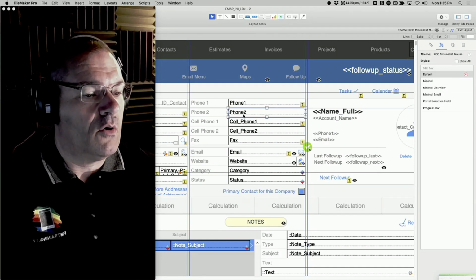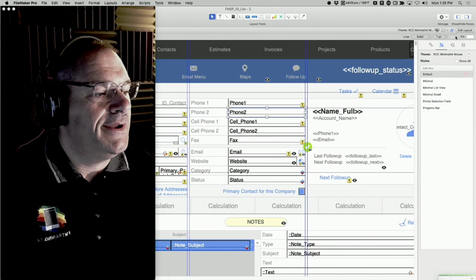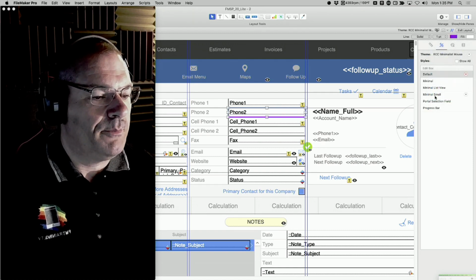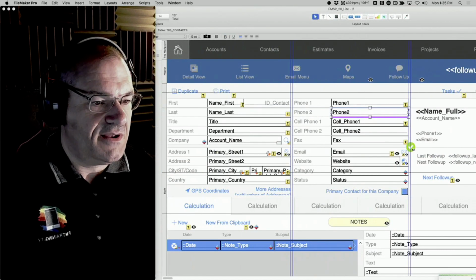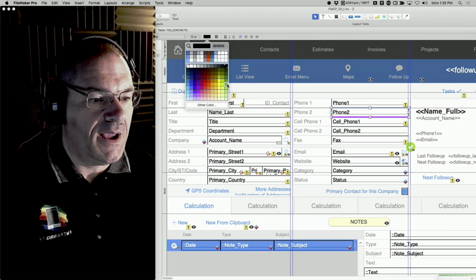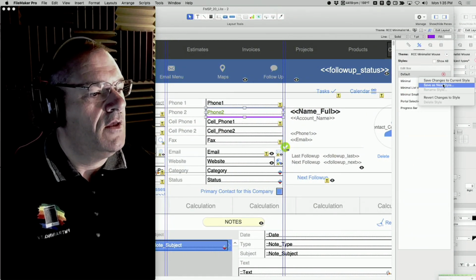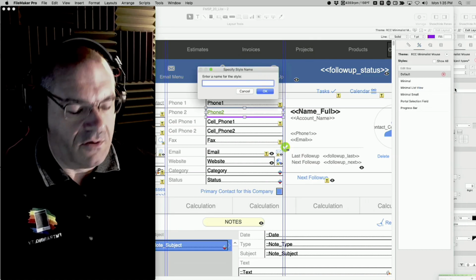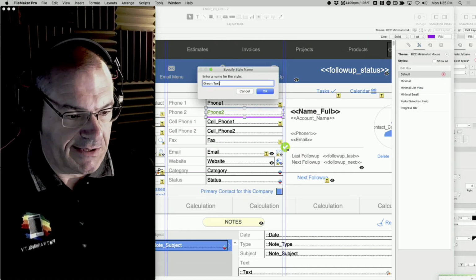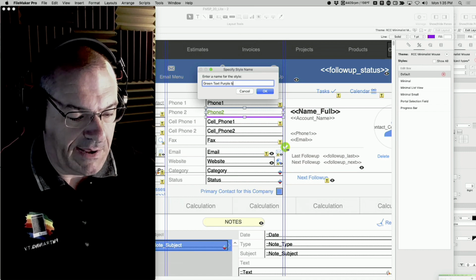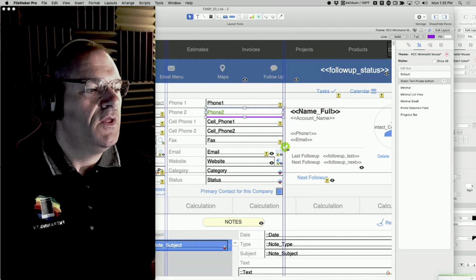We could create our own style. We could say it's going to be green text or a purple bottom, or something bizarre like that. And then we could create a new style. You come over here and click right here to say save as a new style, and you're going to set a bottom for your text field or whatever you're going to do, right?